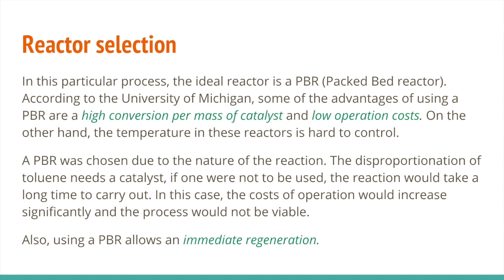The problem we face with this process is that BASF Baylor has patented many of these catalytic processes, making it hard to find information about these sophisticated types of reactor. Another important factor for the selection was the use of a catalyst, because we know that the disproportionation of toluene requires the presence of a catalyst, because in case of not using one, the time required would be infinite, causing a significant increase in the costs. And of course, we cannot forget that a PBR allows us to have an immediate regeneration.